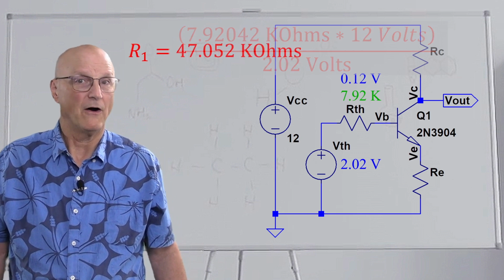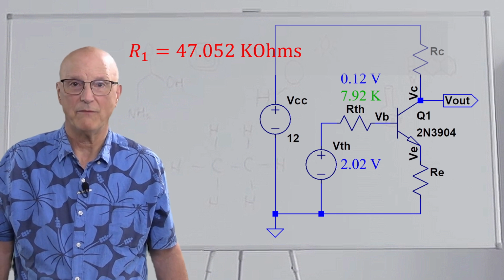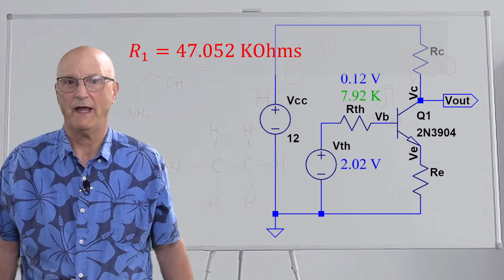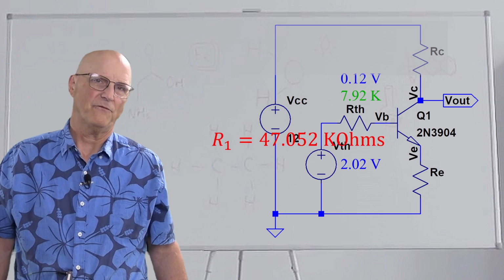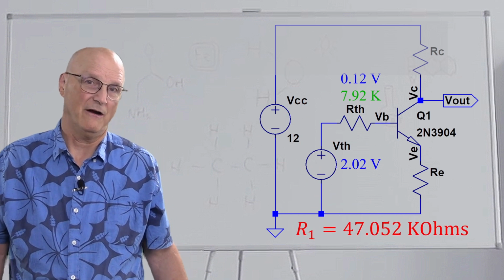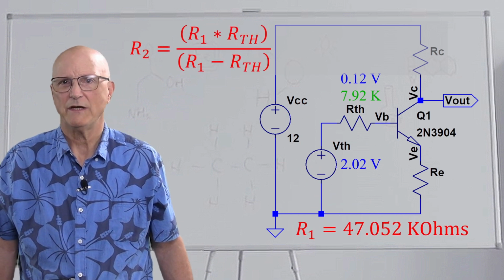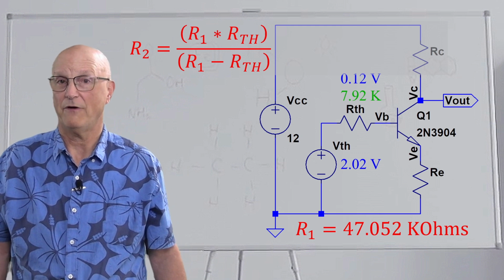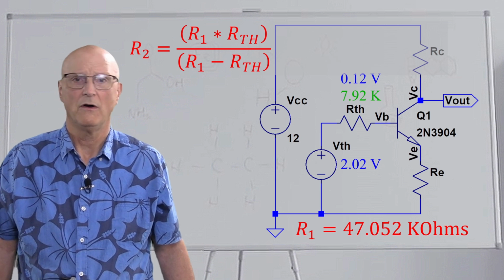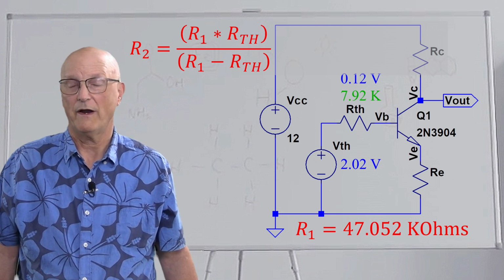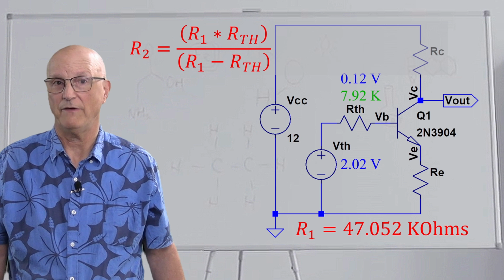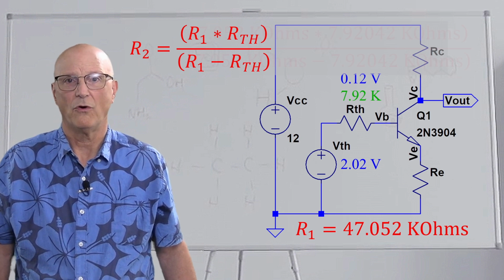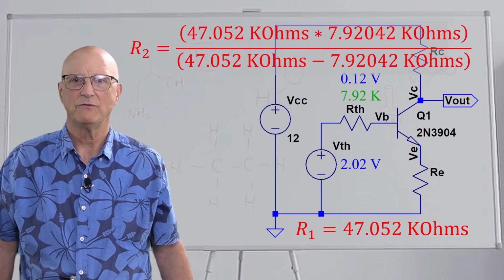And we get R1 is 47.052 k ohms. Now, for R2, which is the same as our RB3, this equation tells us that R2 is equal to the quantity of R1 times R Thevenin, all divided by the quantity R1 minus R Thevenin. Putting in our known values, we have that R2 is equal to